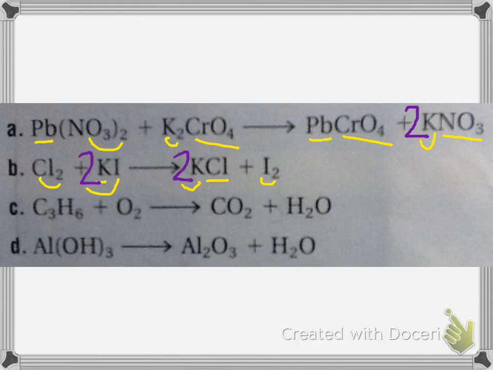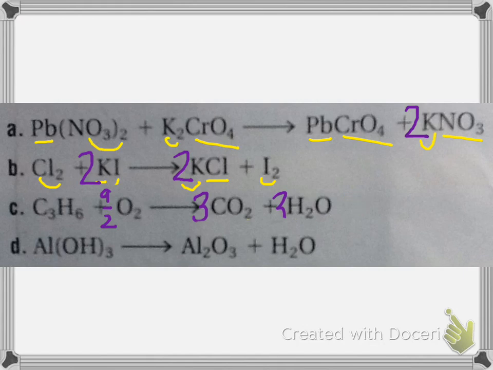Letter C, 3 carbon, 1 carbon, a coefficient of 3 in front of carbon dioxide. 6 hydrogen, 2 hydrogen, a coefficient of 3 in front of water. So I have 6 plus 3 makes 9 oxygens. So again, this is where I'm going to use that little trick. I'm going to put my number I need, because it's odd, over 2. And then I'm going to come through and I am going to